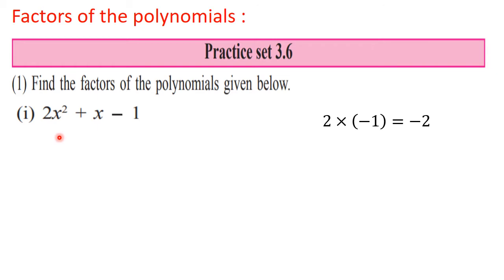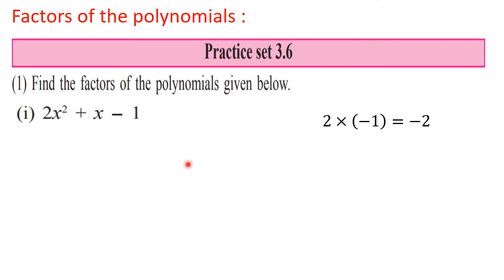In simple words, we know that the standard form of the quadratic polynomial is ax square plus bx plus c. So here you have to multiply a and c. A into c you have to do. So 2 into minus 1, answer is minus 2. Now since we have a minus sign here, we will think of subtraction. We need to find two numbers whose multiplication is 2 and difference is 1. Immediately we can say that it's 2 ones are 2, and 2 minus 1 is 1. So we got the numbers 2 and 1.